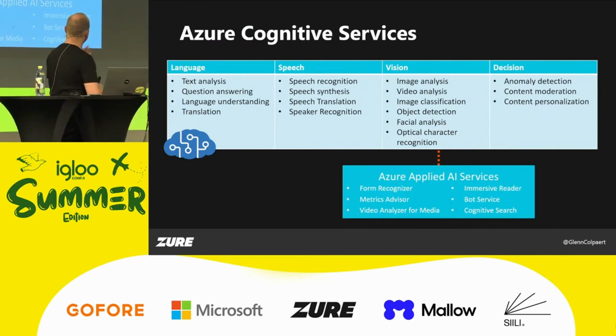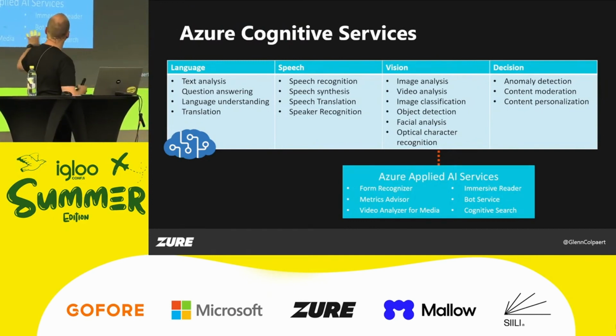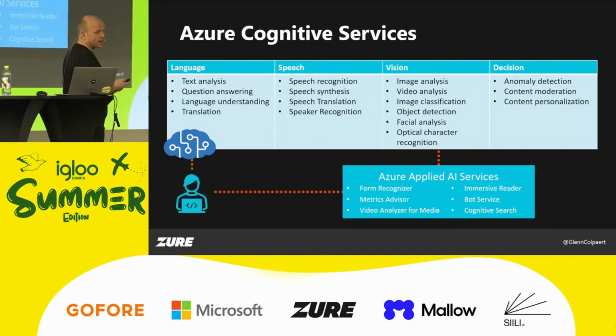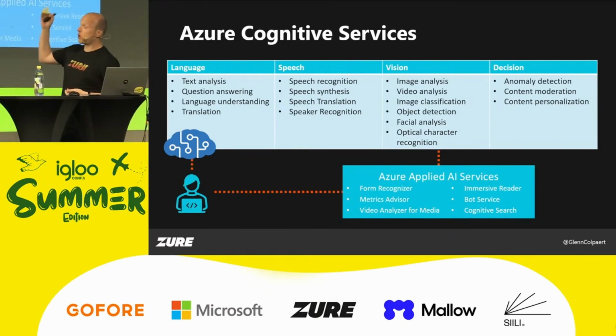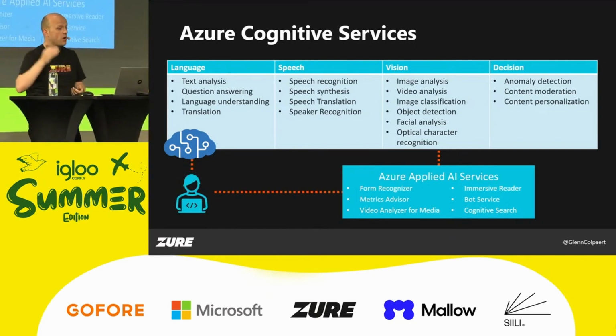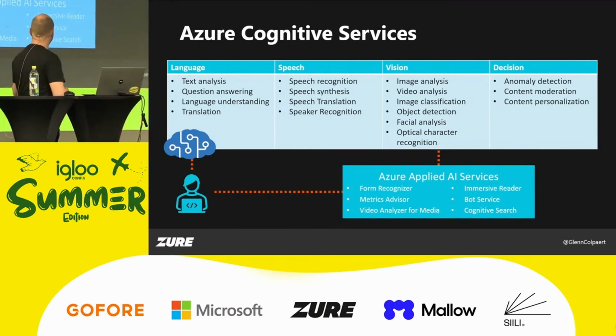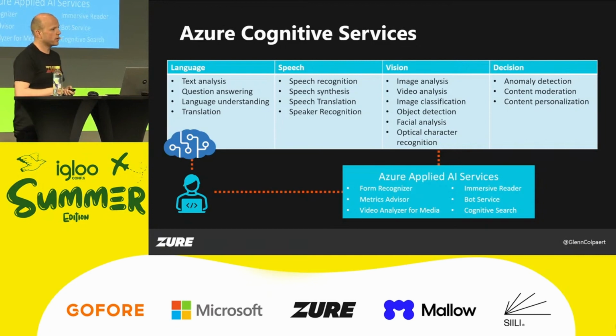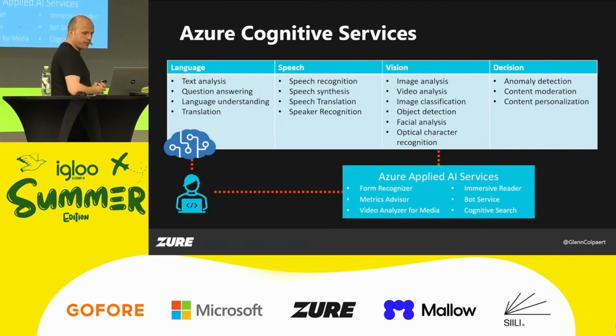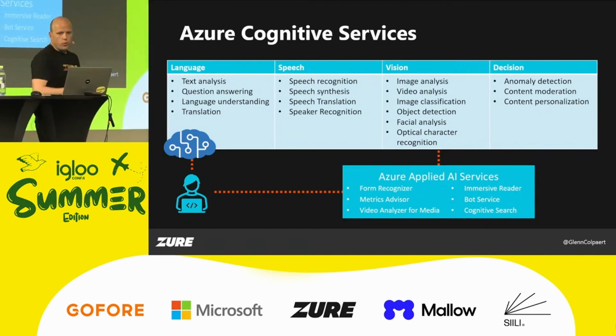Cognitive search is a service that groups a couple of these APIs together. You, as a developer, can choose to either work directly with the APIs or work with the Azure AI services to work with the packaged product. So today we're going to use